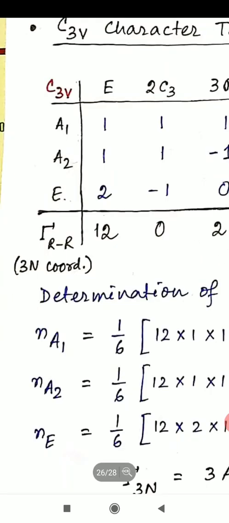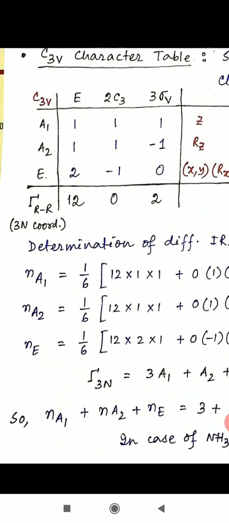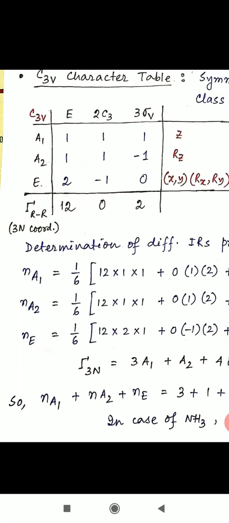Now in case of C3v, what would be the value of the Bethe notation, translational? Which irreducible representations are responsible for the translational mode, where x, y, z are written? That is our E and A1. You can check that in E and A1, the x, y and z are there. So A1 plus E.